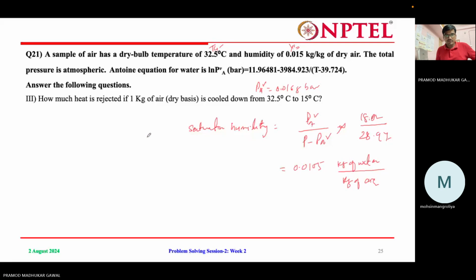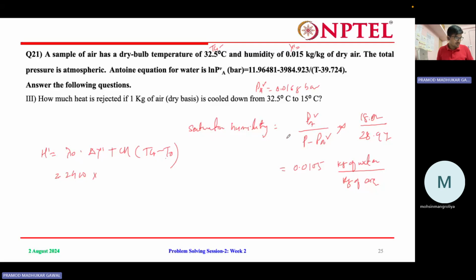So here you have to calculate the air enthalpy equal to latent heat into difference of humidity plus Ch into Tg minus T naught. Here Tg is 32.5 and T naught is 15 degrees Celsius, right? So here latent heat of vaporization 2400, and the difference, here the condensation occurs,